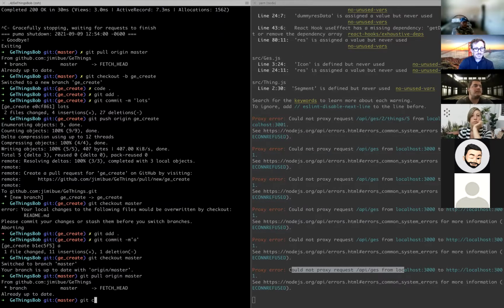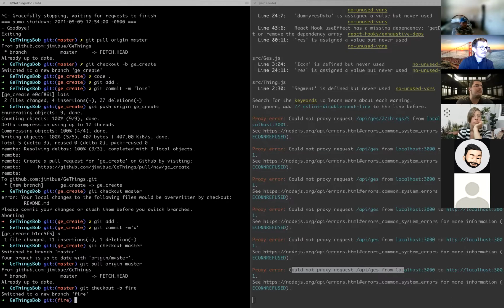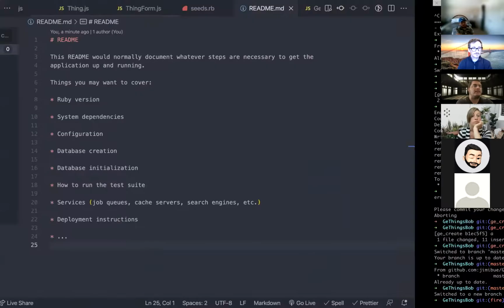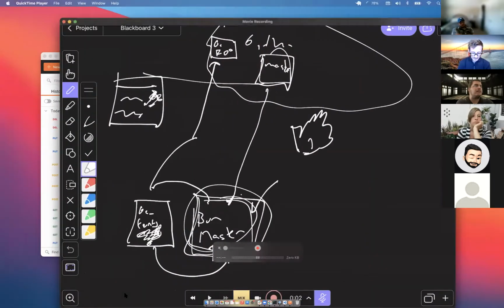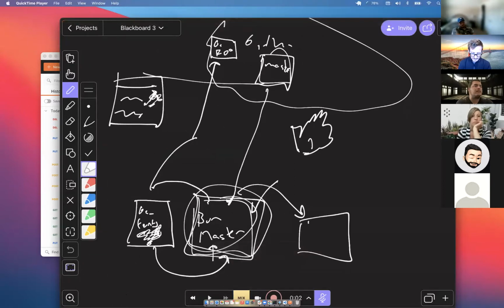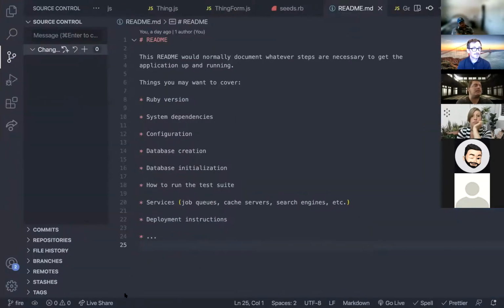And then I can do a git checkout -b fire. So now I've checked out to this fire branch, for a quick bug fix. And if you notice, if I go to my README, none of those changes are there. This is master's version of the README. Cool. So I can come in here really quick,